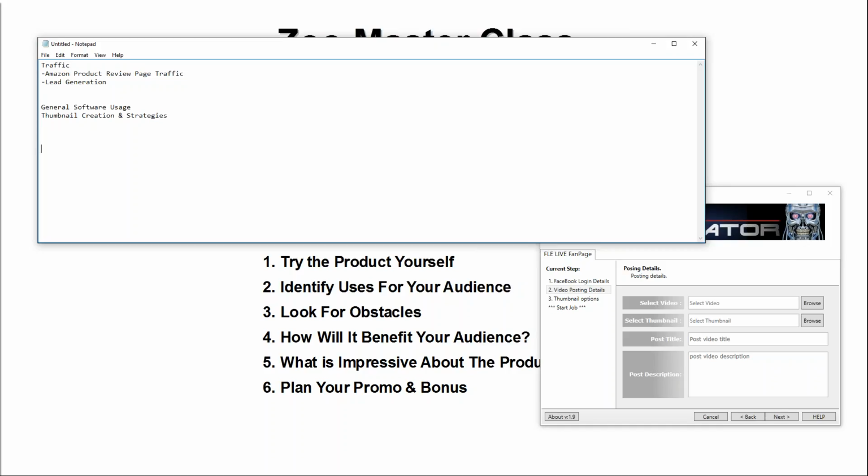How is this going to benefit people? Traffic is one obvious benefit. More engagement on Facebook, possibly being able to build a larger audience there. Another potential benefit, you also have the benefit of running Facebook Live without being live. Something that personally I think is a pretty major benefit, especially for a lot of people that aren't comfortable with running live videos,